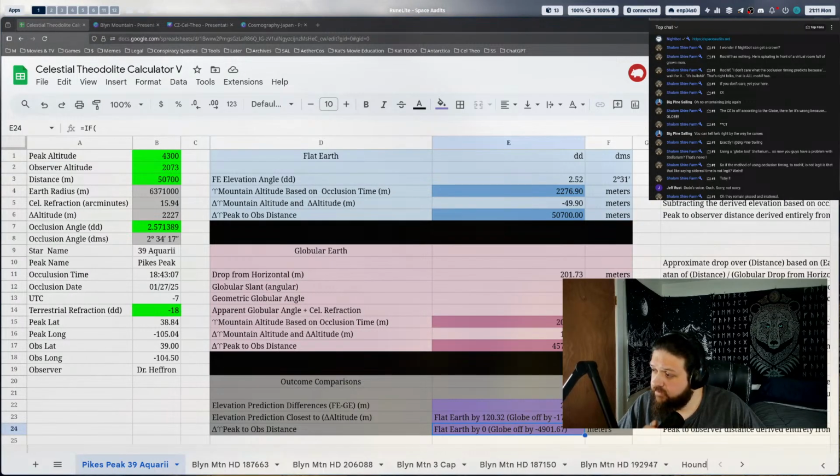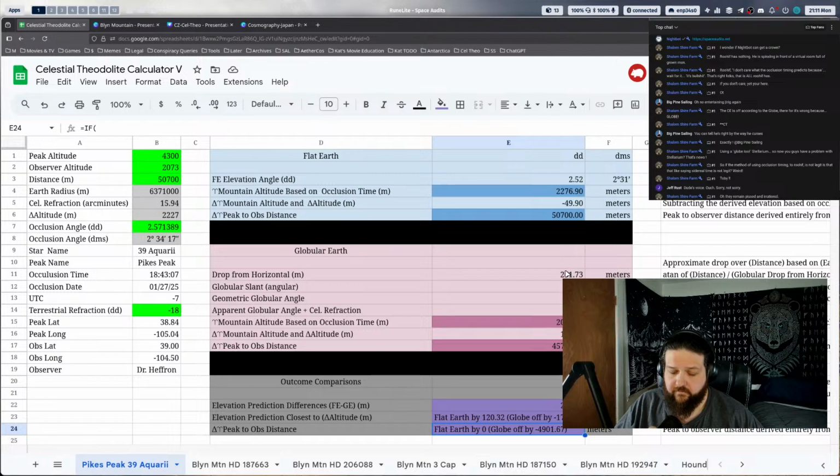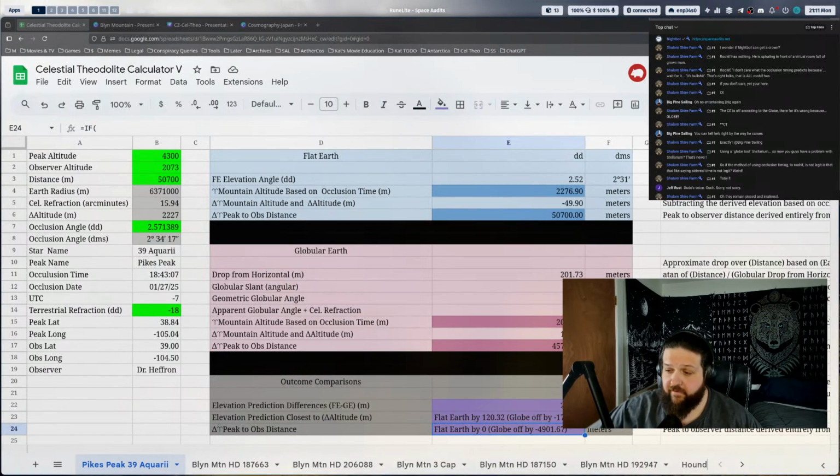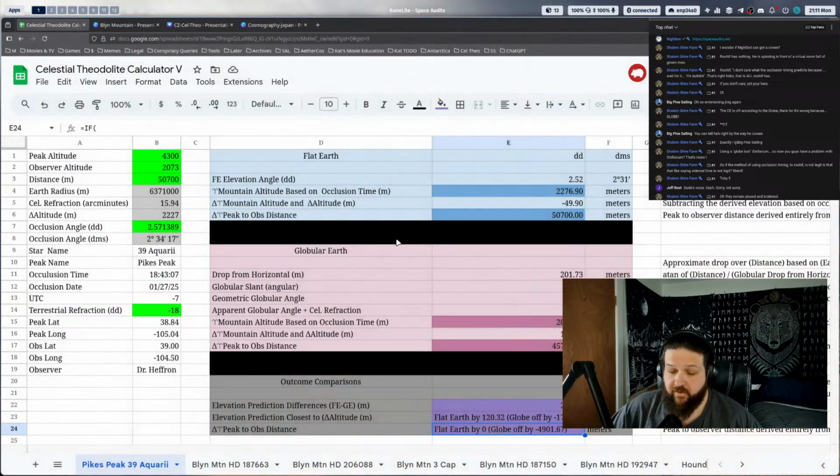Yeah. So when you're comparing your results, where are the numbers coming from? What is the true elevation of the mountain? It's right there on the left. No, where do they come from? What is the origin of that information? The true elevation of the mountain comes from the mountain elevation at sea level. Observer location, same thing, right? Where does that come from? Latitude, longitude from their locations.